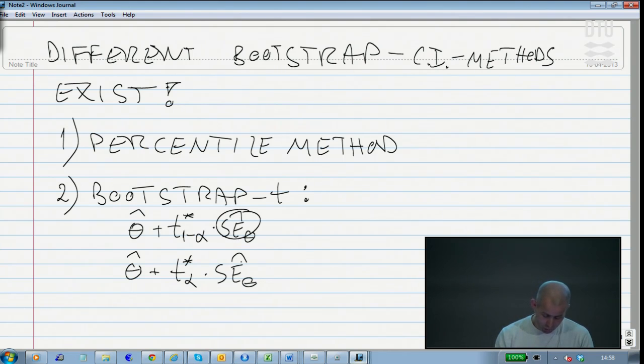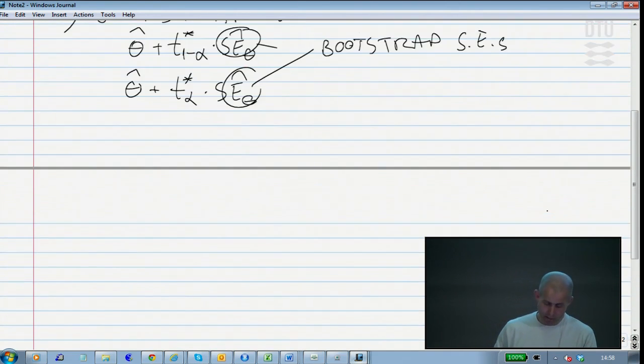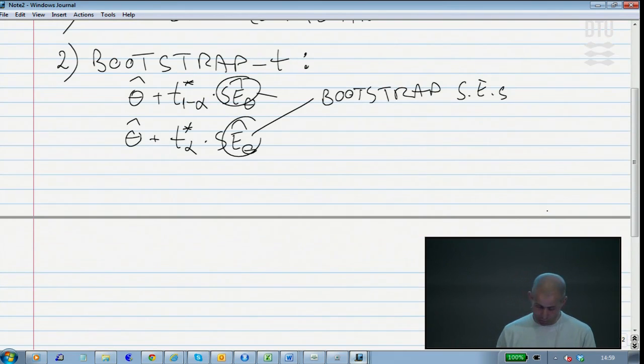However, these ones are coming typically as bootstrap standard errors, following the same principle as the class basic principle. And we're not quite done, because we are not actually using the T distribution.